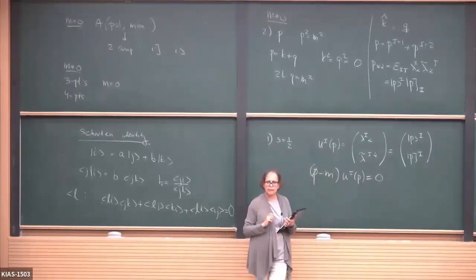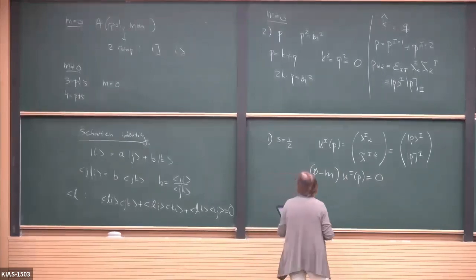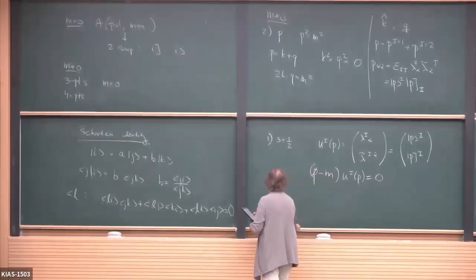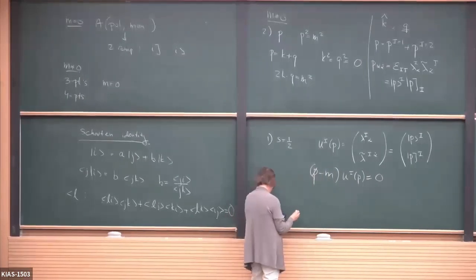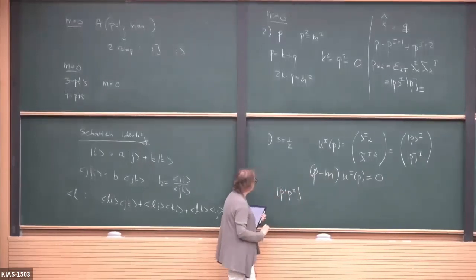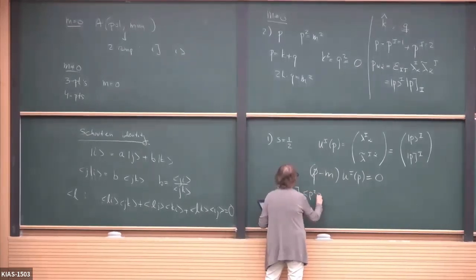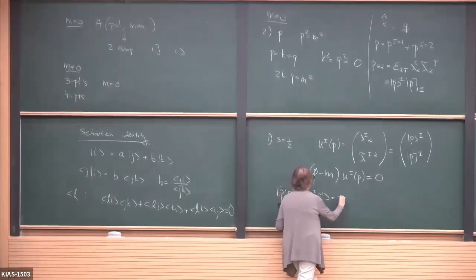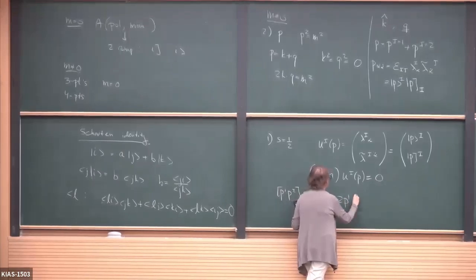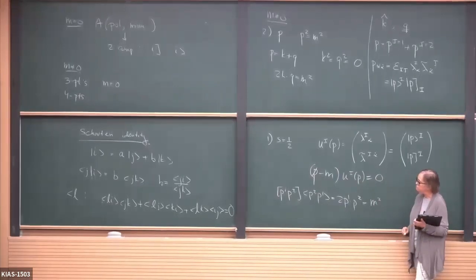So that's an easy exercise that you can do. Okay, so that's easy. One thing that I want you to notice is that if we look at something like P1, P2, for example, then remember that P1, P2 times P2, P1 equals 2 P1 dot P2. And that was our m squared.